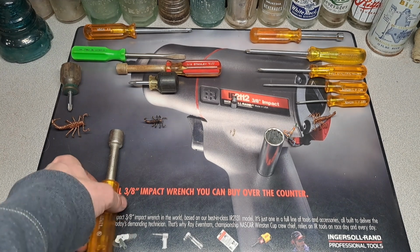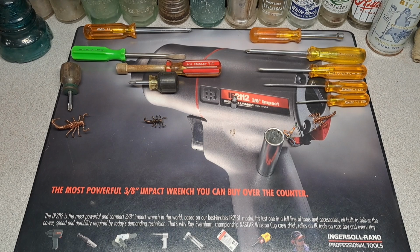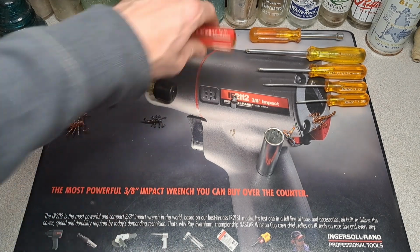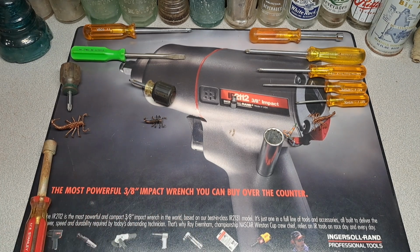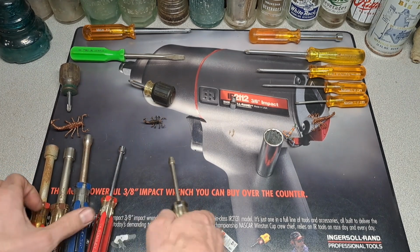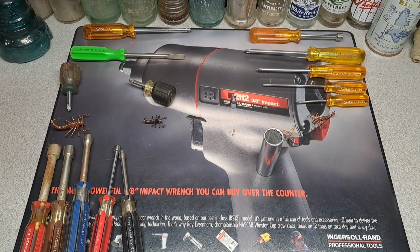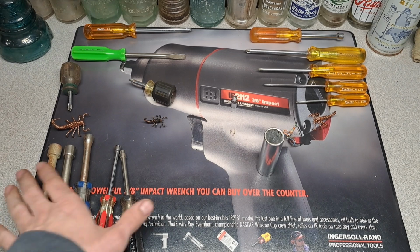Alright, this Xcelite one, I didn't pull those out of the drawer. Whatever. I got a bunch of those. That probably fills in a hole that I was missing. I'm sure it does. Alright, anyway, let's start with this Stanley right here. 1/2-inch Stanley. I have a 7/16, a 3/8. Oh, what is that, a quarter? It's got to be a quarter, and a 3/16. So I need to get myself an 11/32, a 5/16, a 9/32, and a 7/32, and I'll have a full